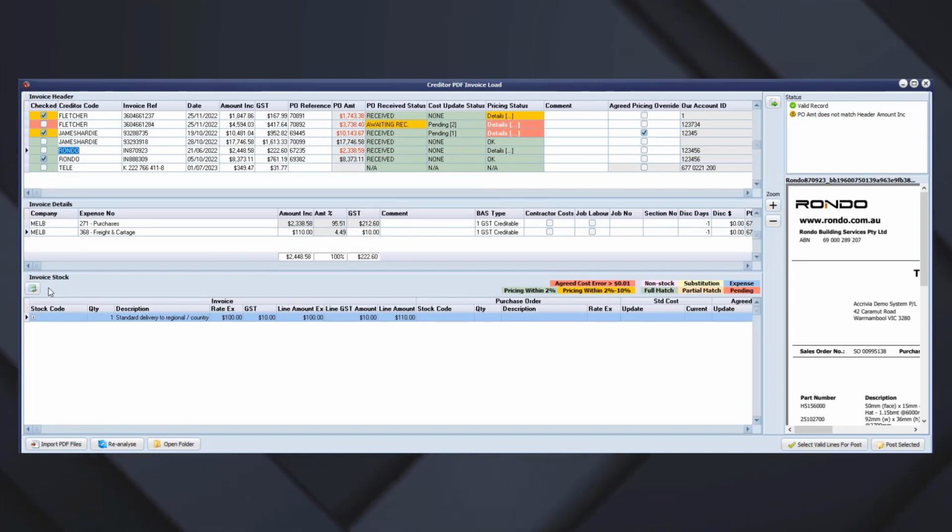It's a lot faster, obviously, to use that. A reasonable question might be, well, how did you guys know the freight and cartage expense account was 368? That is one of the things that we do set up when we enable this PDF and invoice processing screen, to have that defined behind the scenes as a system setting, and that gives us the ability to do our bit to try to actually allocate to the freight and cartage expense